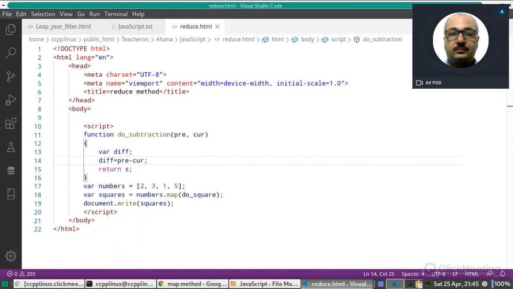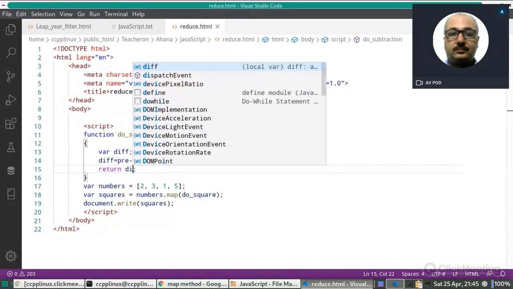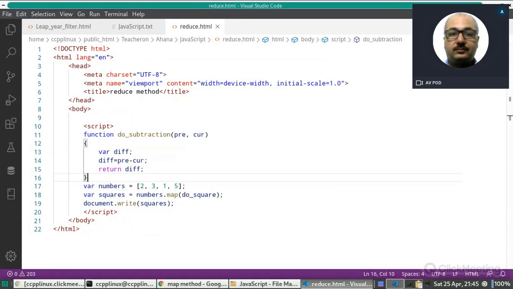And then it is returning the difference. Now suppose we are having an array like this, 200, then 100, and then 50. It will not return an array, it will return some value.